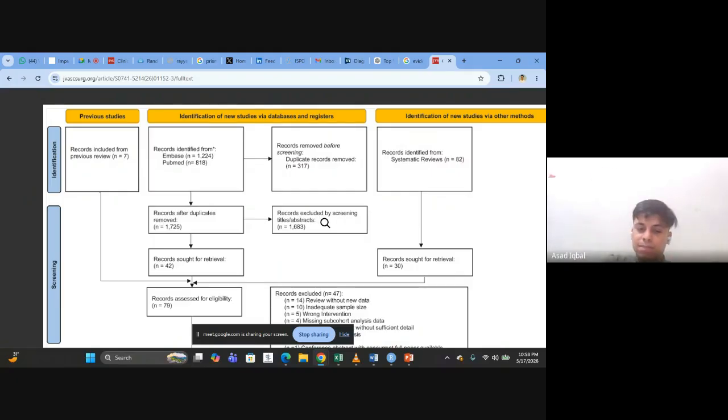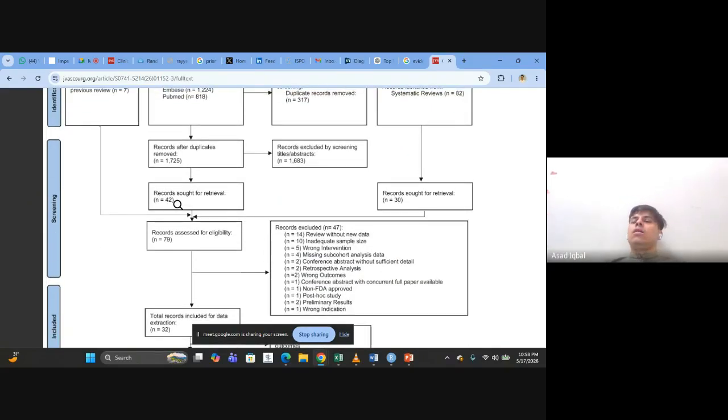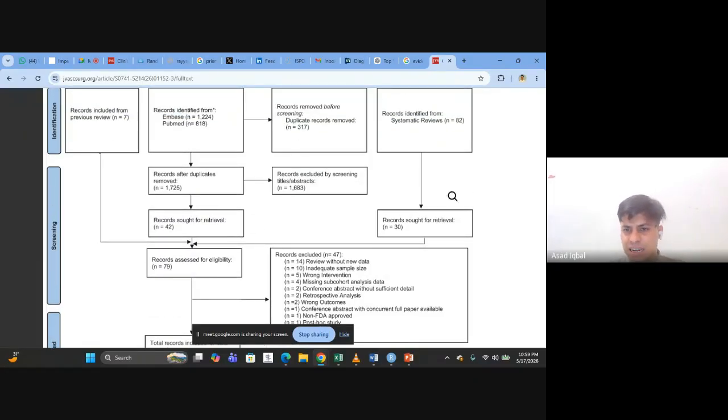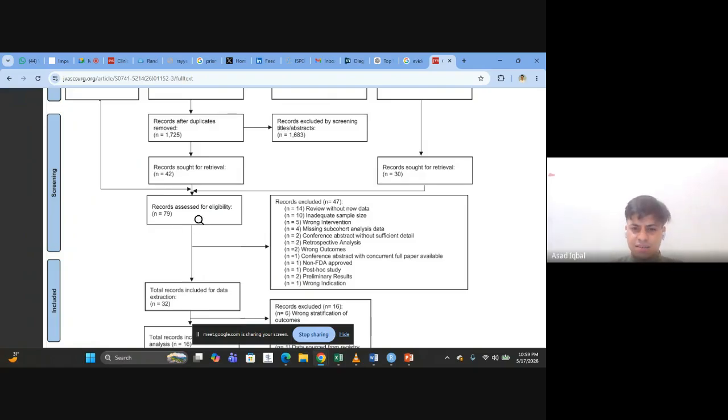You will include some, you will exclude some. So after that, out of 450, maybe you just include 15 papers. So this will be 15, right? Because assessed for eligibility. Okay, so 42 is from previous papers and from the other way. So the total, for example, is 15. Then you need to read those 15 in full text, right? So after that, you are reading the paper in full text, and now you're thinking that this specific paper is not likely to be included in our topic because of review without new data. You should give reasons, and adequate sample size. You are excluding a specific number of studies because of wrong intervention,